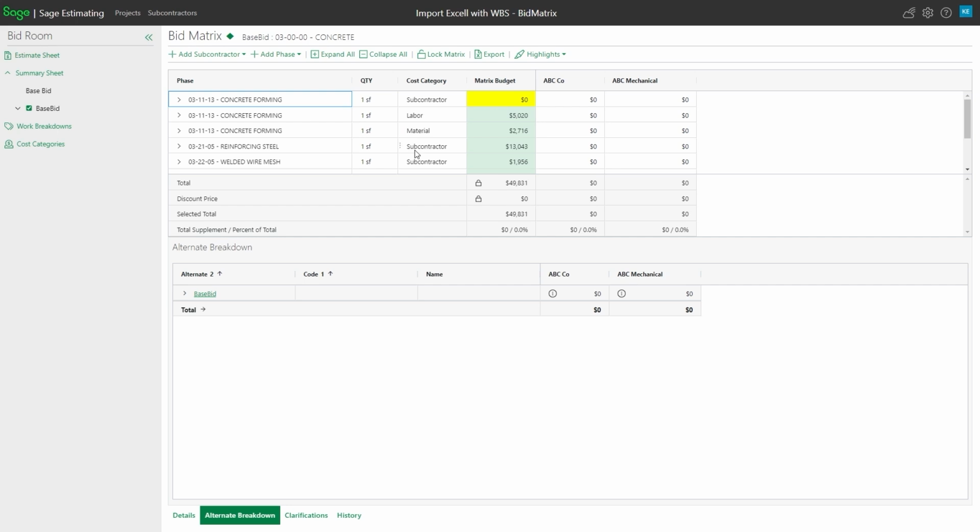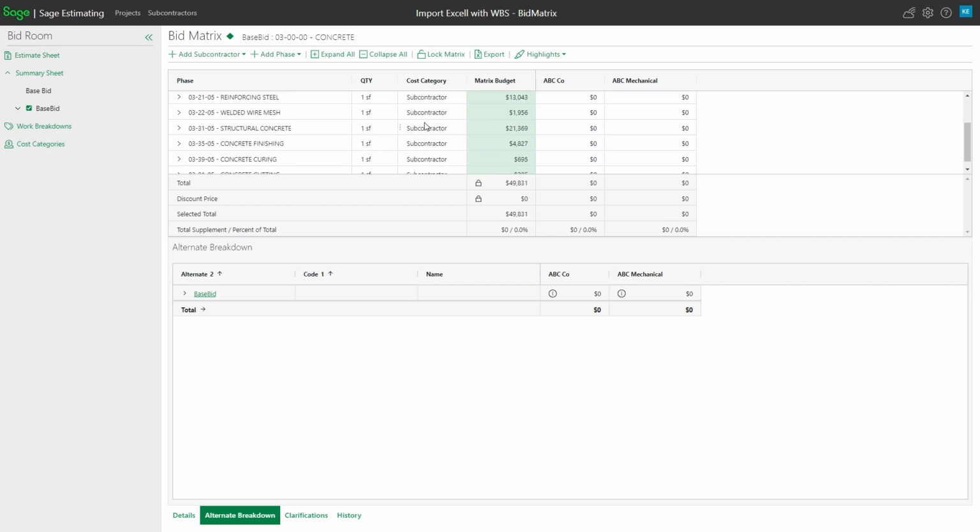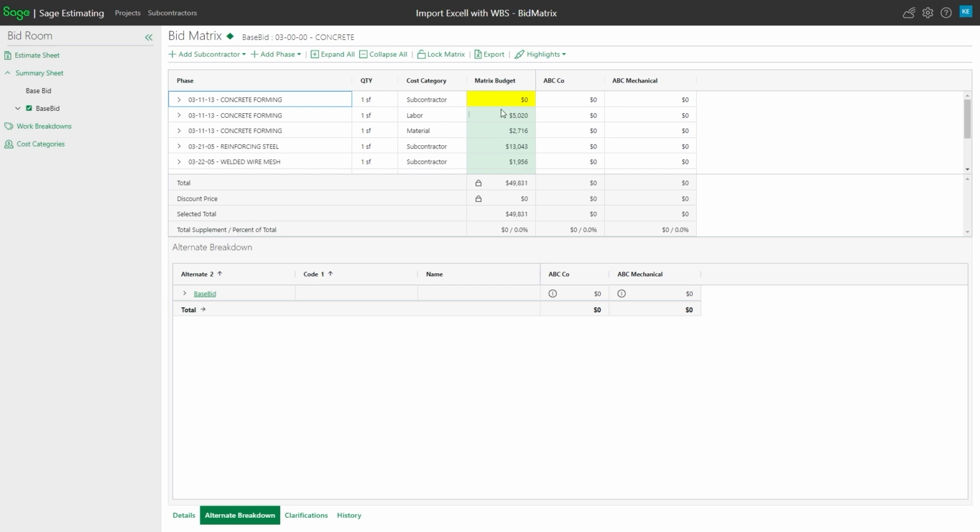So like in this case here, this code is still showing me just subcontract where it's rolled it up. If I came back to that one and I told it to go ahead and connect them all back together, it's going to go back and just roll it back into one money. So connecting basically just rolls it all up into sub, thinking a sub's going to give me a price and it's all going to be bundled together. Breakout will let me have the ability to see that value as a separated value.